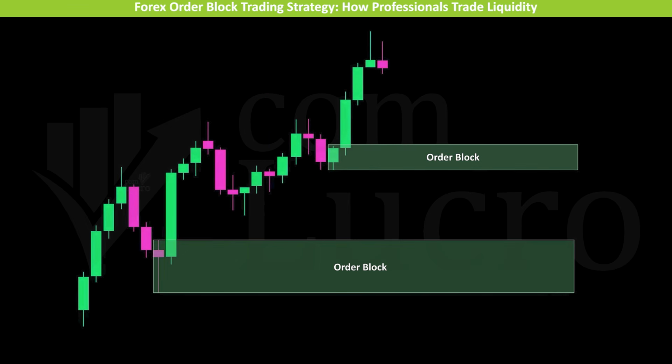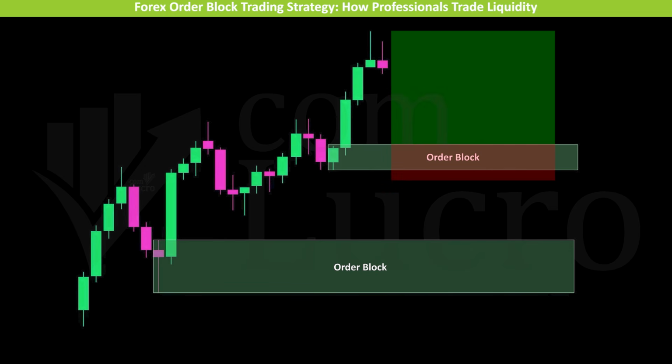Order blocks can vary in size. Some are small, while others can be quite large. When the zone is narrow, it's wise to use a slightly wider stop loss below it, because even though order blocks represent strong supply and demand areas, price does not always reverse exactly from the box. We need to give the market a little space to breathe